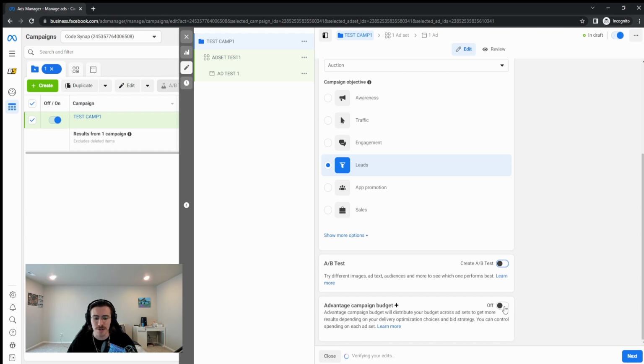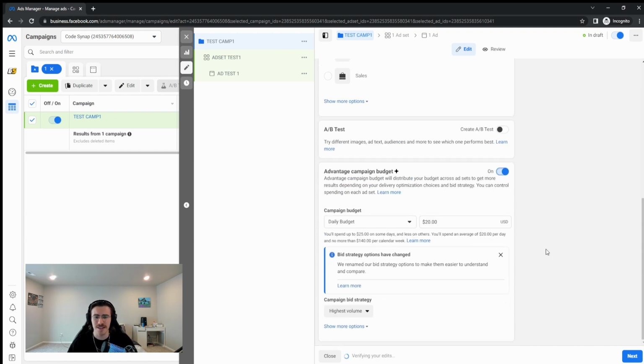And our last option here is our advantage campaign budget option. Basically, this tells Facebook how much money you want to put towards the ad and how it can optimize the ad for you. So we have 2 options here, a daily budget and a lifetime budget. As you can tell, it's pretty self-explanatory. A daily budget, how much money you want to put towards the ad in that day. For new advertisers that are just dipping their toes in, I would recommend $5 or $10 a day, depending on